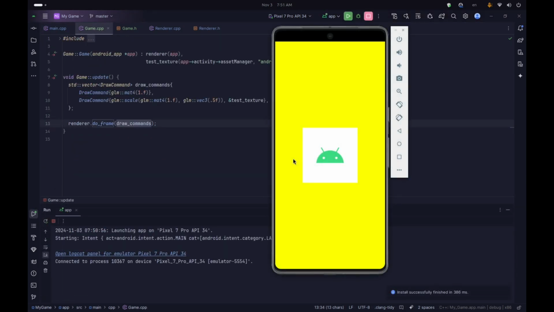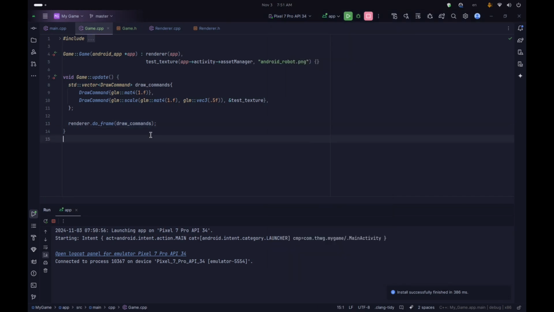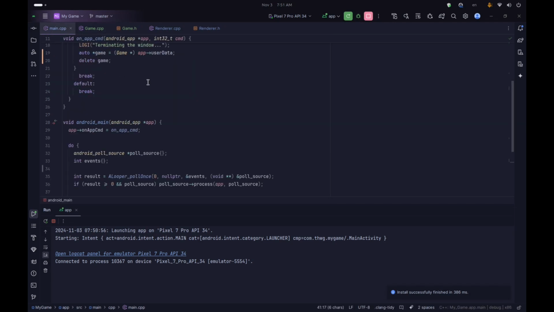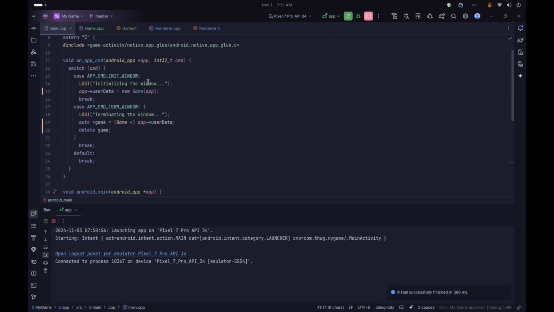So here, if I run this now, you can see that we get the correct picture here. There is our white background here, which is where we pass null for the texture, and then we've got a downscaled image of the Android logo here. So that means that our game class is working, and this is going to be pretty much it for this video. It was a bit of a short video because we just set up some of the game organization, and